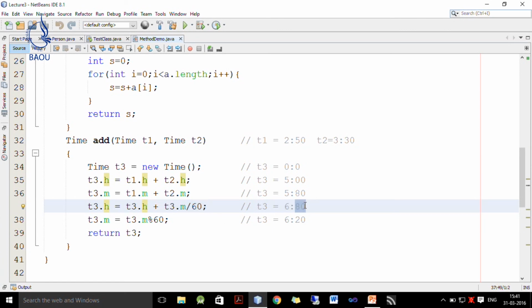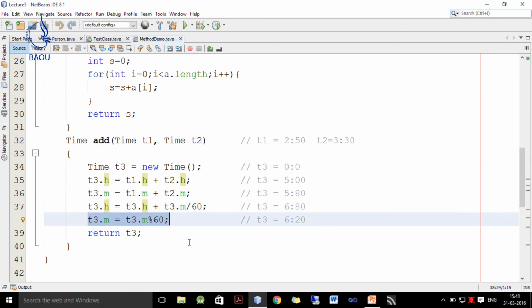But here now I want to subtract 60 from these 80. So, how to do that? I write T3 dot m is equal to T3 dot m modulo 60. That means, above 60 we have to take, not the entire 80.